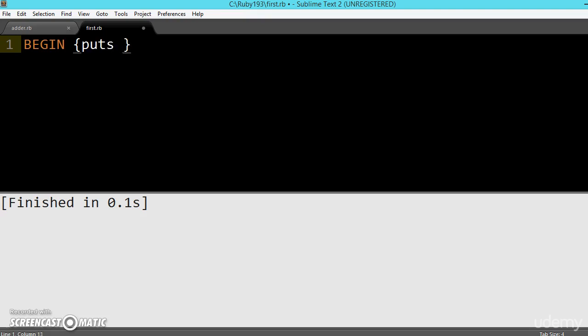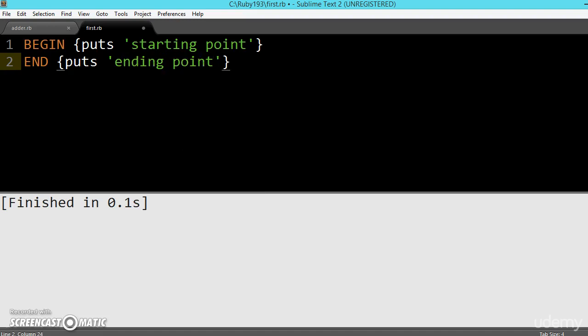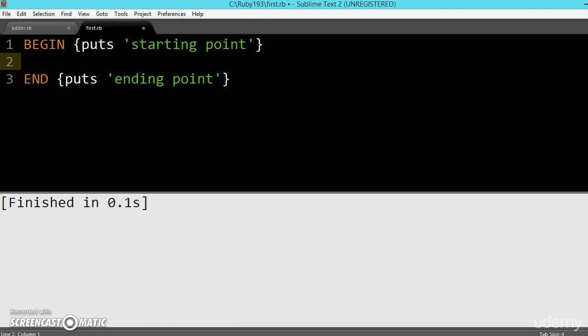So for this illustration I will be writing simply puts "starting point", and then there is one more, the END block. The END block will be executed at the end of the program. Puts "ending point", and in the middle you can write your program, any program, like let us say,